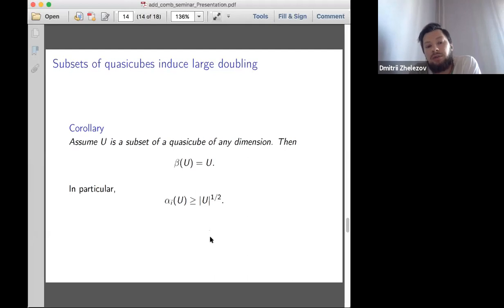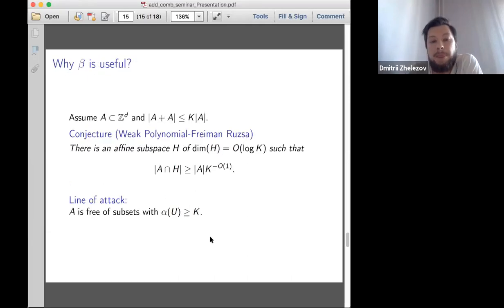While if you apply it for, say, the subspace theorem, you would need this to be logarithmic in size. Okay, so how exactly